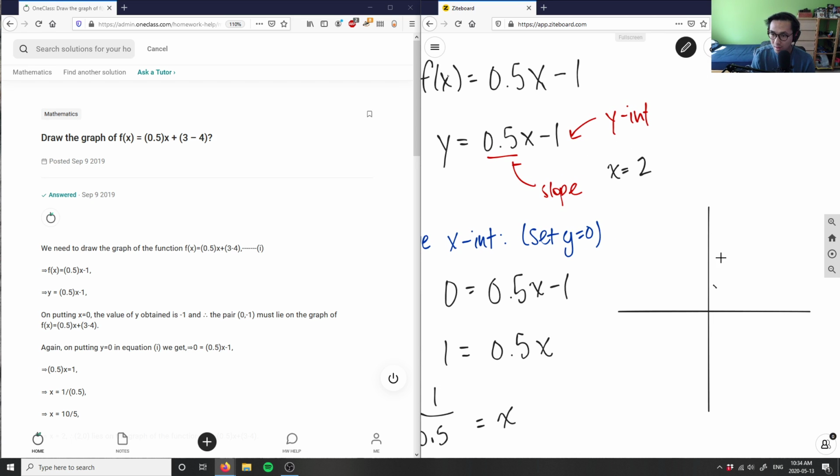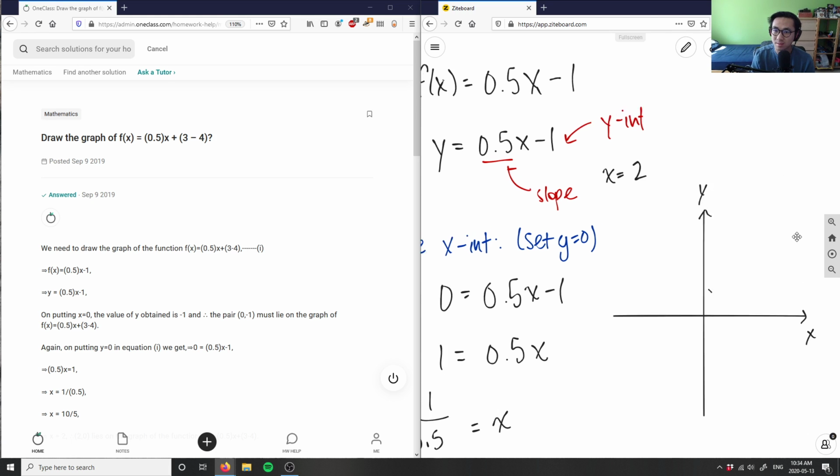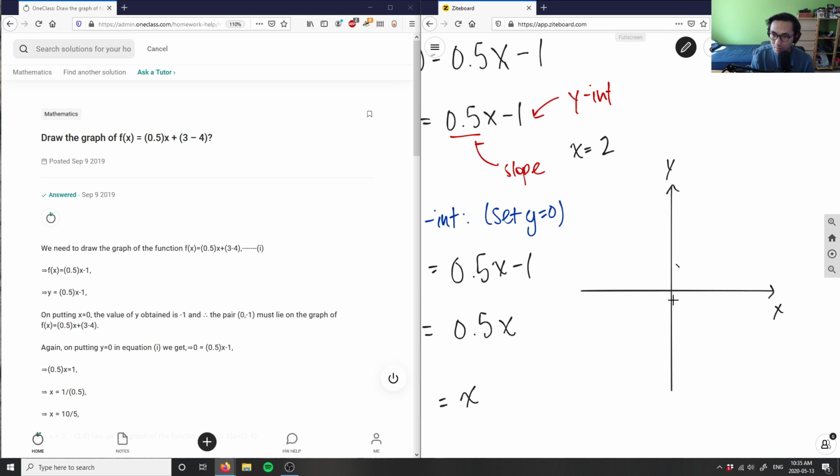So let me write out -1 here. This is -1. And my x-intercept here is 2, right? So I'm going to say 1, this here is 2. So I know I have a point here, also a point here, and it's going to be negative,